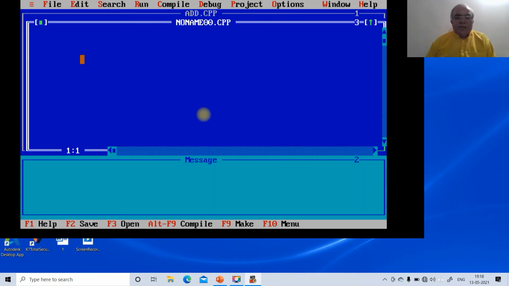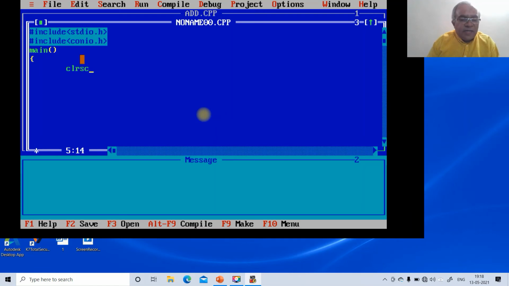We'll include stdio.h, then include conio.h, then main, then curly braces. Then we will write clrscr, which is the clear screen. Then char is a variable, which is answer.